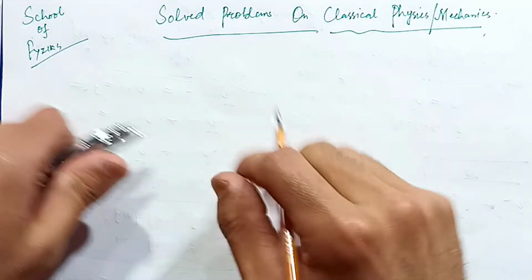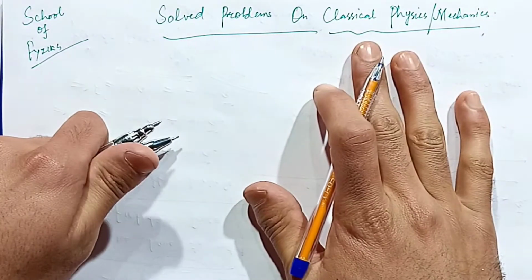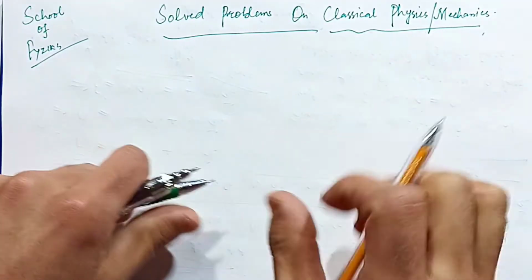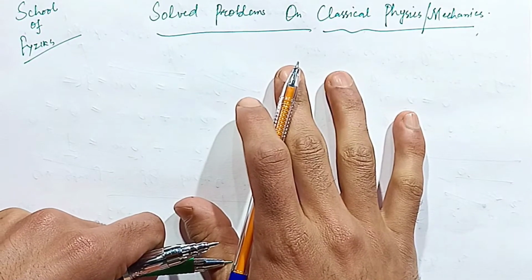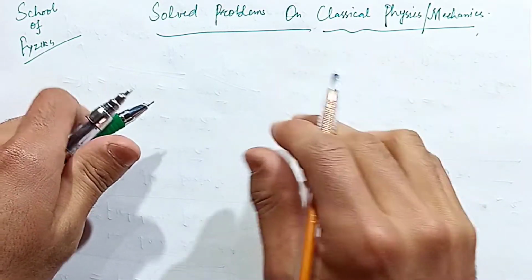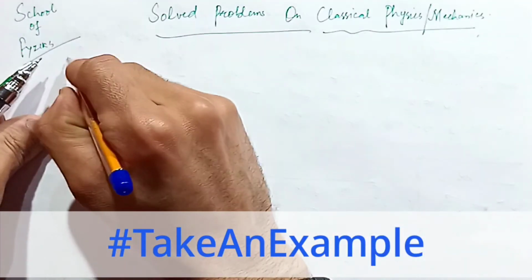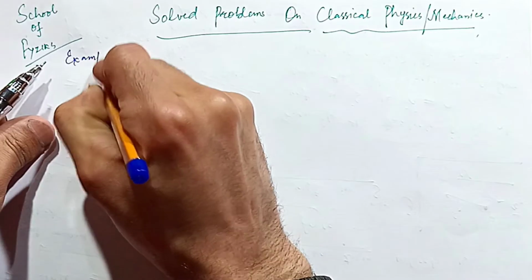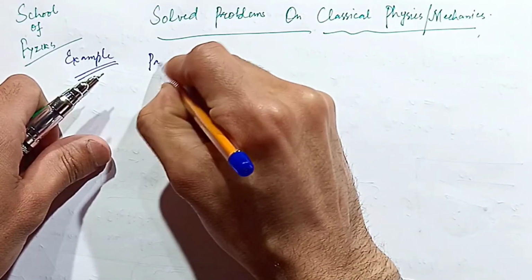In this lecture I will be dealing with a problem on classical mechanics, classical physics, which will be simpler in nature. This is just to give you an intuition about how to apply the laws of Newtonian mechanics onto physical problems. So in this very problem, consider an example. If we have a particle